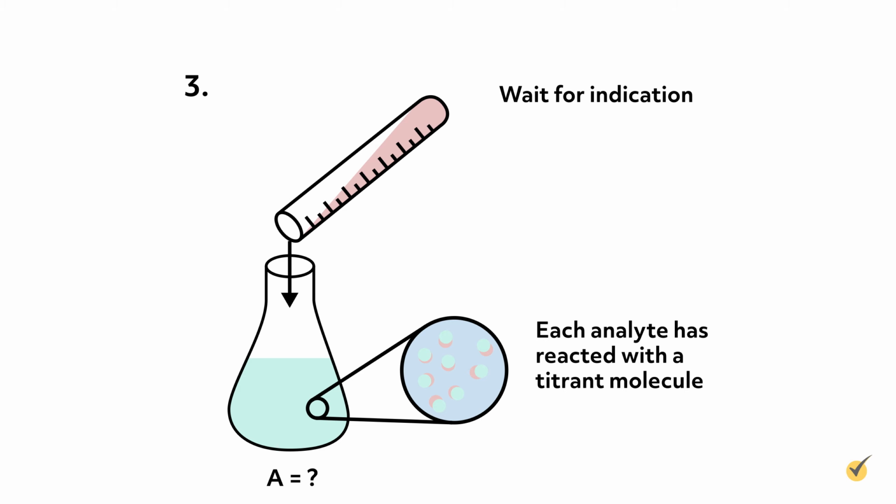What form this cue takes depends on the type of chemistry happening in the titration. It might be a color change, a sudden change in voltage or pH, the formation of precipitate, or a number of other indicators. Once we know the volume of solution B needed to react with solution A, we can calculate how much analyte is in solution A.